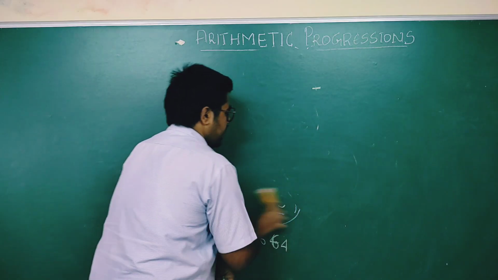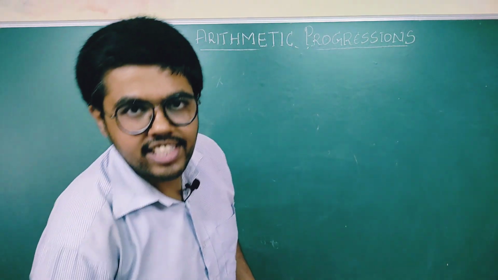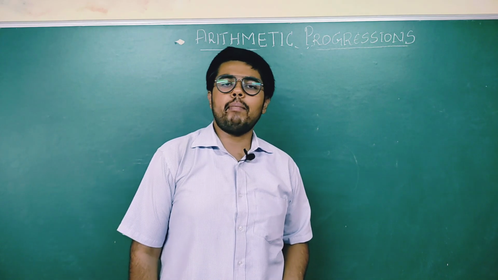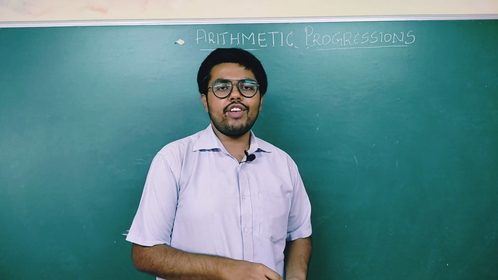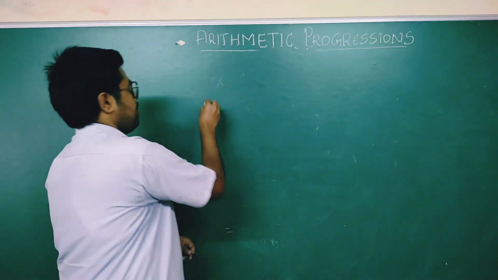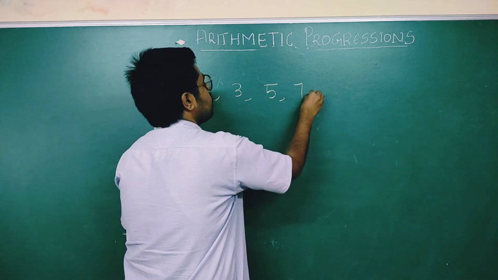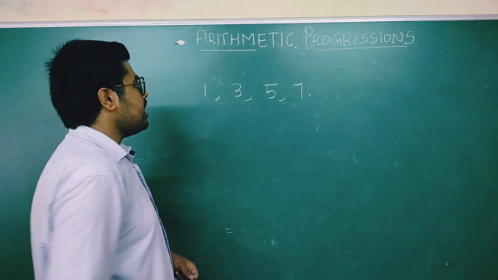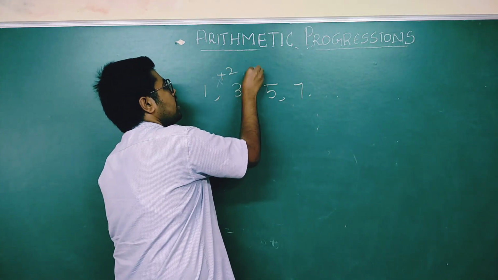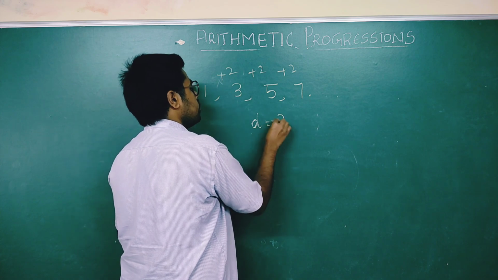So now let us quickly go into our next exercise. Before going to the exercise, let me come back again to the AP. What are the things that we need to remember? I'll put one AP here. 1, 3, 5, 7 is one simple example. If you see here, what is the common difference? The common difference is plus 2. There is a plus 2 increase, so I can write D is equal to 2.